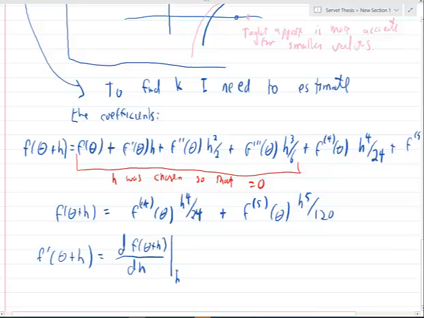Wait a moment. Let me see here. I need to be careful about this. Because it's not h equals 0, sorry. It's just this, because h has a value. All right. So you tell me, what do I write? What is df of theta plus h dh? What do I get? So that's going to be,